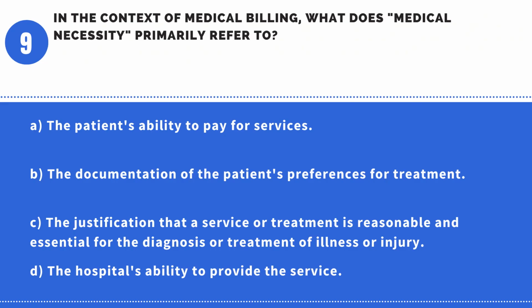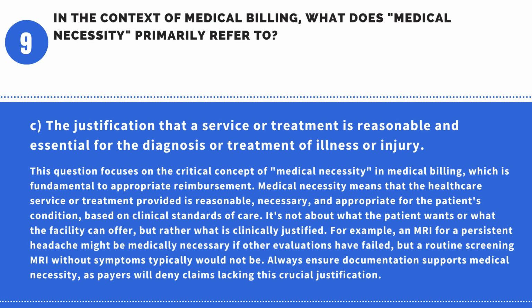A. The patient's ability to pay for services. B. The documentation of the patient's preferences for treatment. C. The justification that a service or treatment is reasonable and essential for the diagnosis or treatment of illness or injury. D. The hospital's ability to provide the service. Answer, C. The justification that a service or treatment is reasonable and essential for the diagnosis or treatment of illness